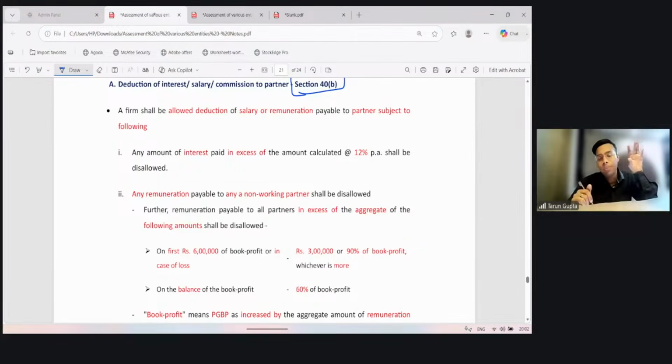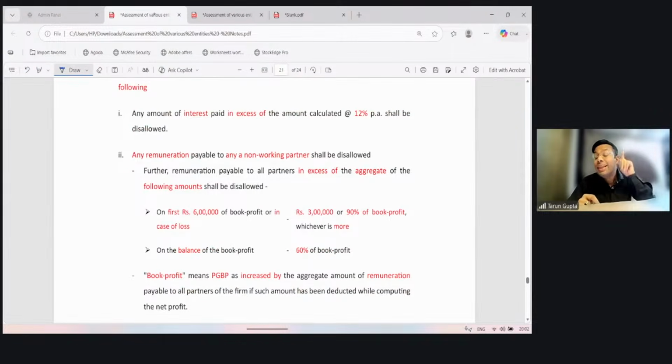Here, the meaning of working partner becomes important. But also in case of a working partner, it is allowed subject to some limit. So the limit is qua book profit. This book profit is not the same as the book profit we studied for the purpose of MAT. So it says if the book profit